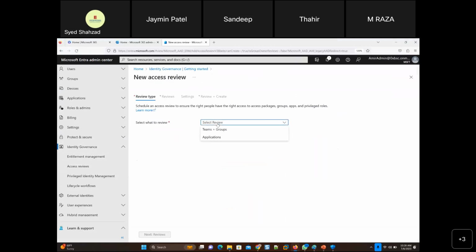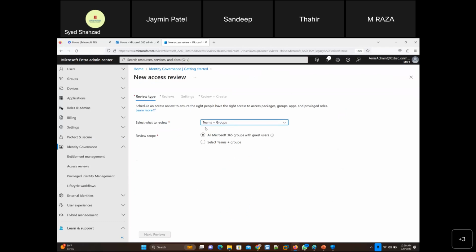And it asks, what do you want to review? So I will say I want to review teams and groups. Basically, I want all the departmental managers to review their email groups. Suppose there's a sales department email group, and then there's a marketing department email group. So the head of the department or someone responsible in the department should review those groups every whatever time you put there, every week. Wow, that's too much. But every 3 months, every 6 months, every year.